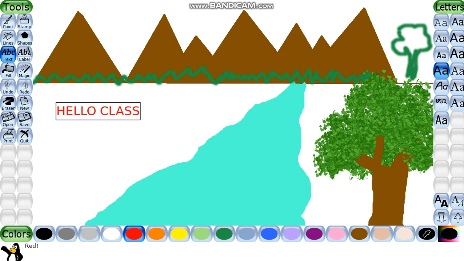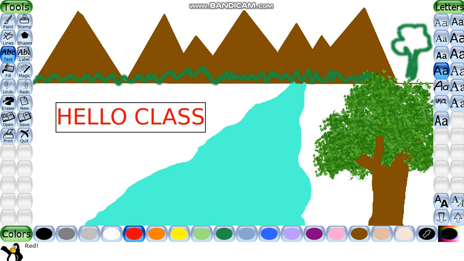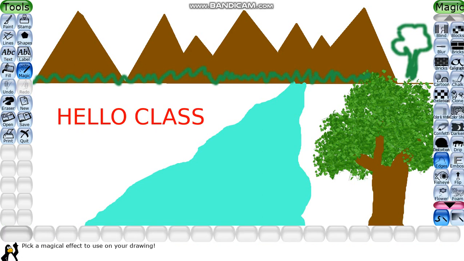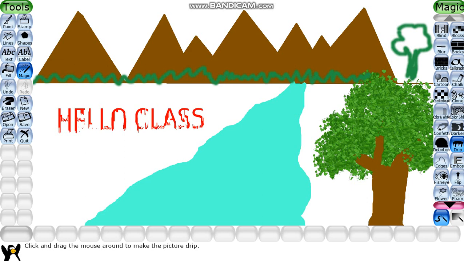Now I will show you how to apply it. I am increasing the size a little. Now I will apply this drip magic effect on this text. You can see it's looking like it's falling down. In this way you can use the drip magic effect. Sometimes it is also used to give a horrible look to the text.